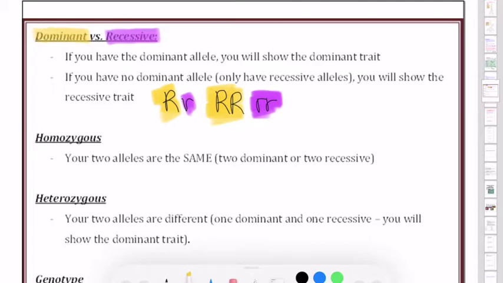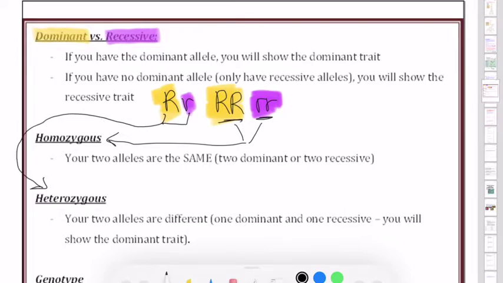Homozygous, it says your two alleles are the same, two dominant or two recessive. So what it means to be homozygous is that you have the same alleles. So if we look at these ones above, these are both the same, these are both the same, so those would be considered homozygous, okay? These two, not the same, they have two different letters. They would be known as